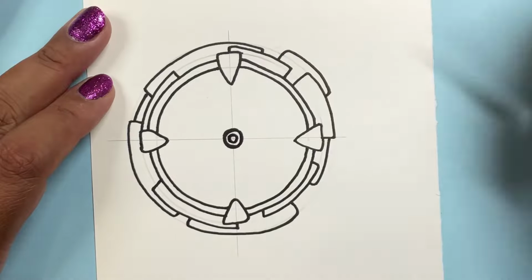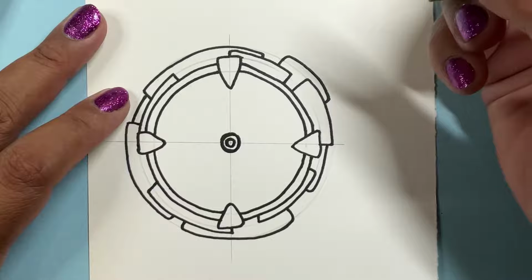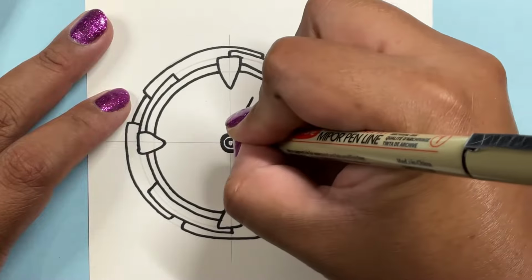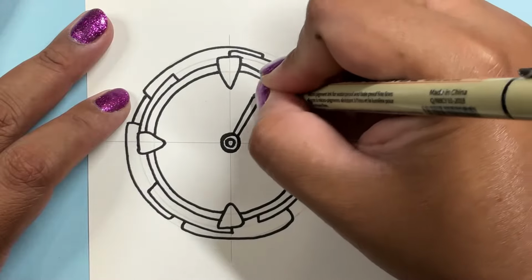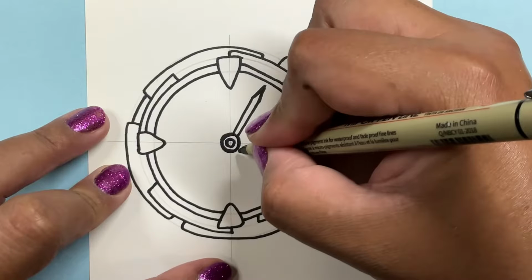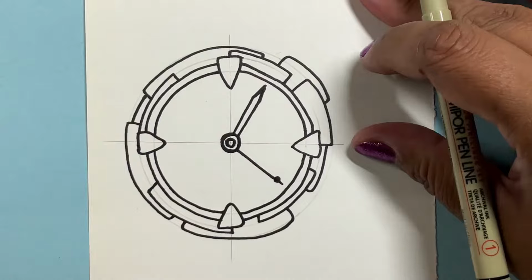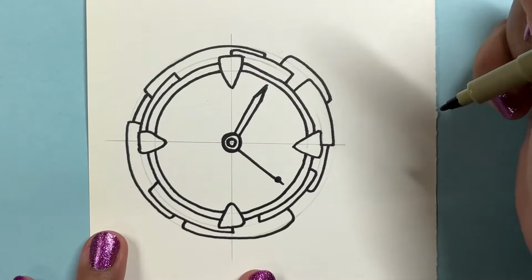This is going to be the foundation for the hands of the clock. And I decided to just add a very, very simple, minimalist hand here. Just like an arrow, just this pointed arrow. I think the next time that I do a clock, I will try to do a little bit more detail, maybe something a little fancier. Just for this time, I decided to keep it a little bit simple, just so that I can get it